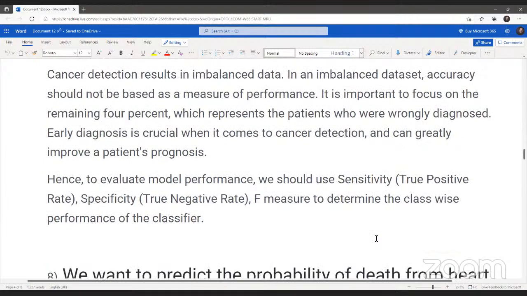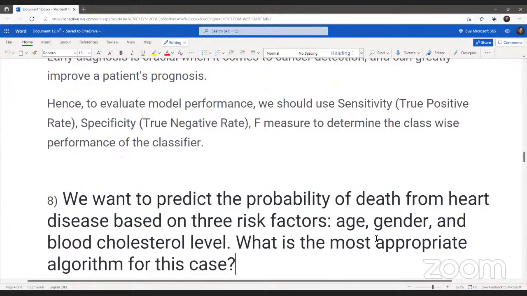So, hence, to evaluate model performance, we should use sensitivity, the true positive rate, and specificity, the true negative rate. The F measure determines the class-wise performance of the classifier. So as we jump to the next question,